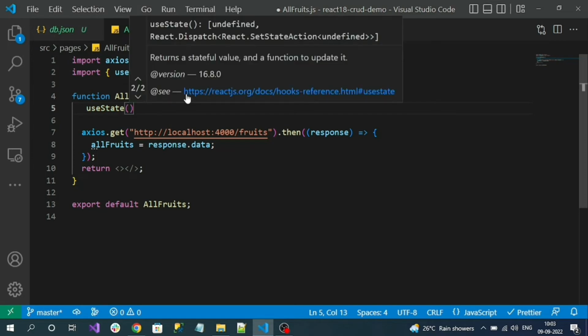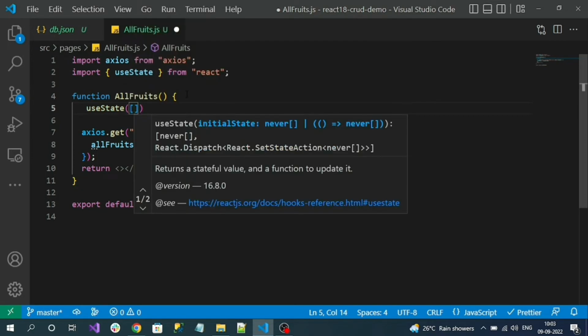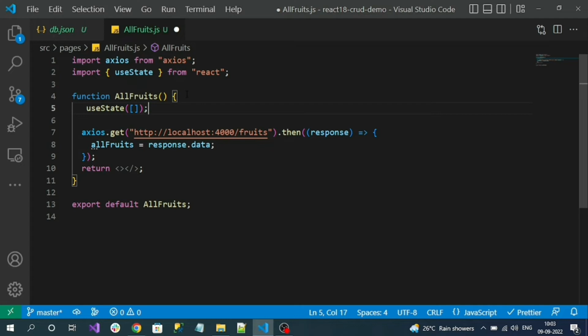Okay. And to this useState, we have to pass an initial value. Initially, I want to have the array, right? All fruits. So I have to pass the array, and it should be assigned to a variable like an array. What does that array mean? Constant allFruits. So the first variable in this array will take this value. Whatever the initial value or the state value is will be assigned to this property. Okay, this is a normal variable, comma,